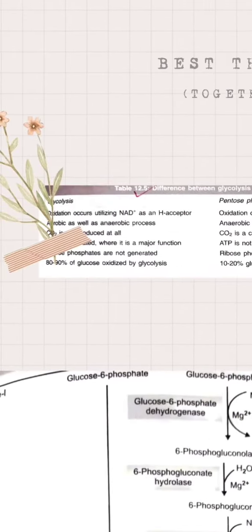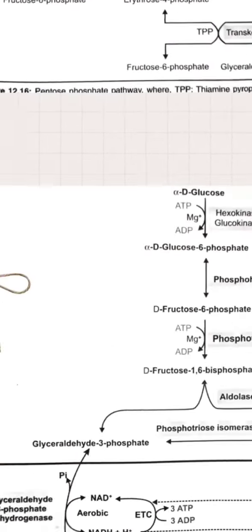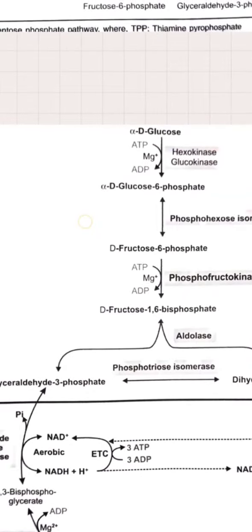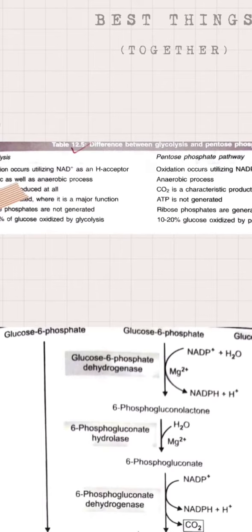Now next is ATP. In glycolysis, ATP is generated where it is a major function, and in the pentose phosphate pathway ATP is not generated. So we know that in glycolysis 7 ATPs are produced, whereas in pentose phosphate pathway there is no ATP